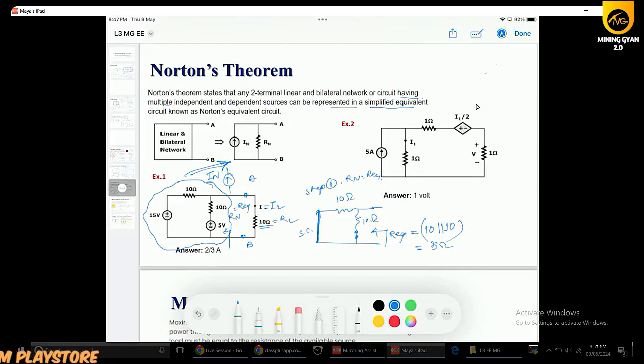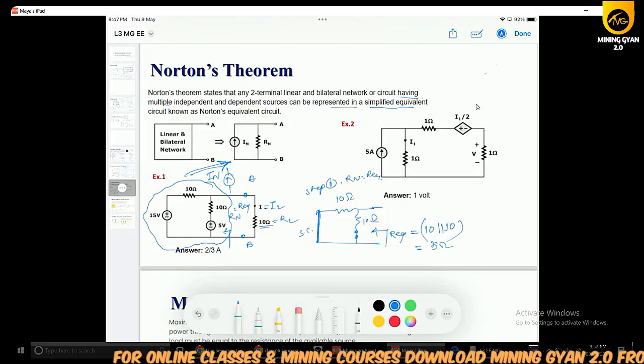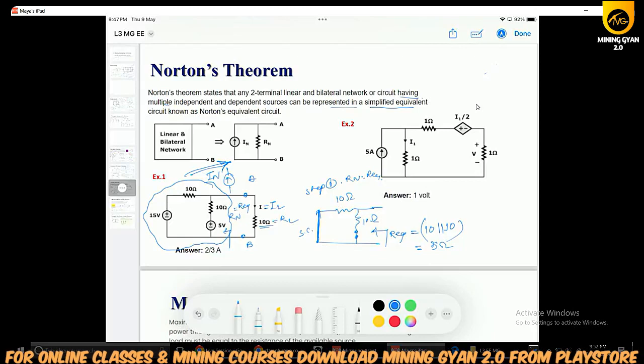I1 equals I. So the equation will be, after going in this direction, V plus, as there is a voltage rise, this is not a voltage drop because we are going in this direction. From the negative terminal to the positive terminal there is a potential rise, and that's why we have to write the plus sign. Plus I1 by 2, its voltage value is I1 by 2, minus 1 into I1, this 1 ohm into I1, equals 0. So we will get 2I1 minus I1 by 2, so 1.5 I1.